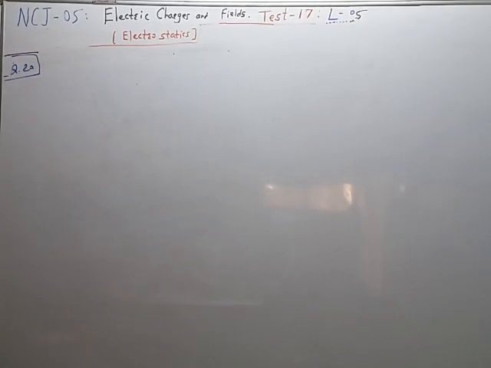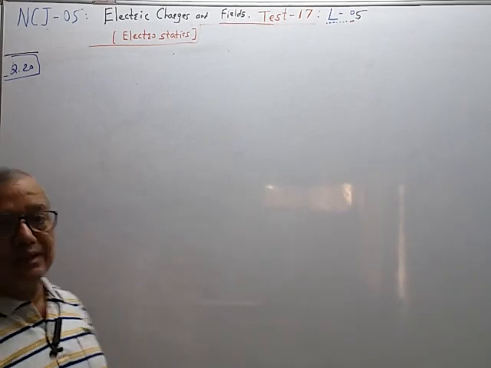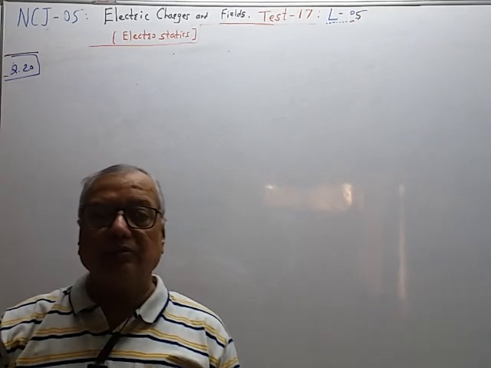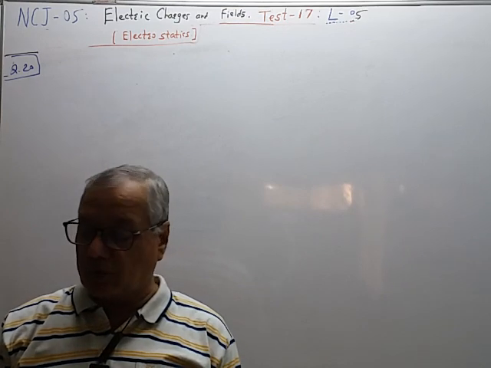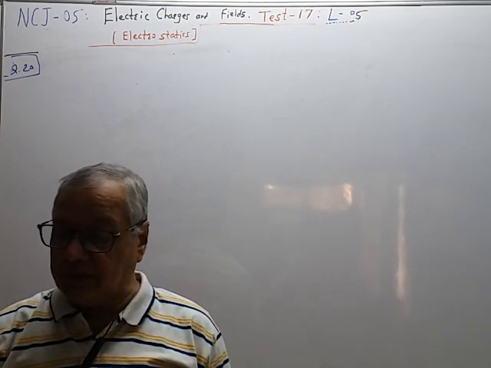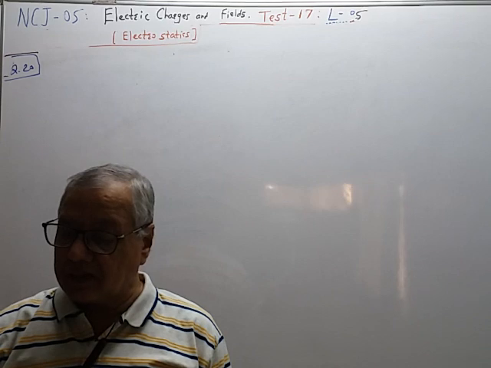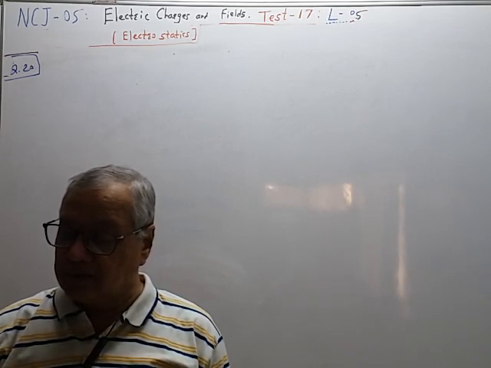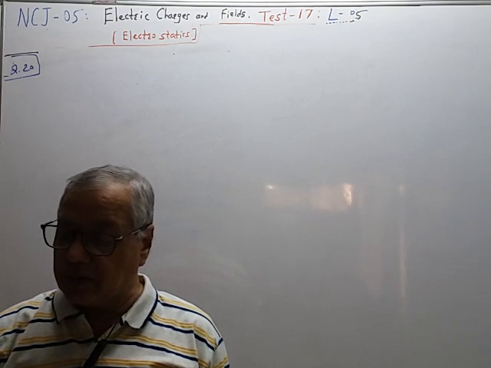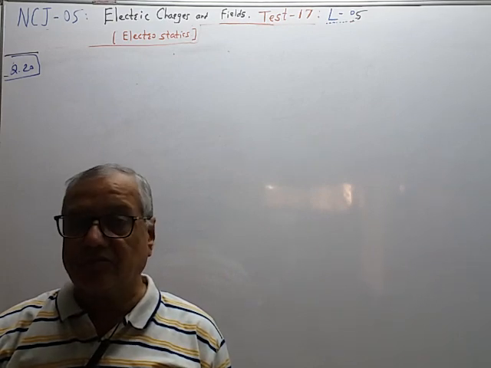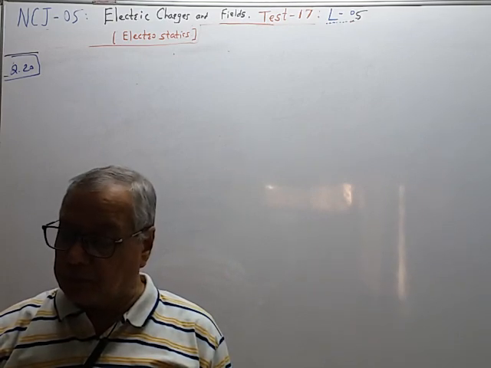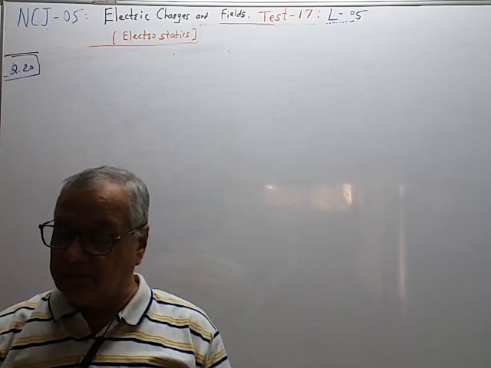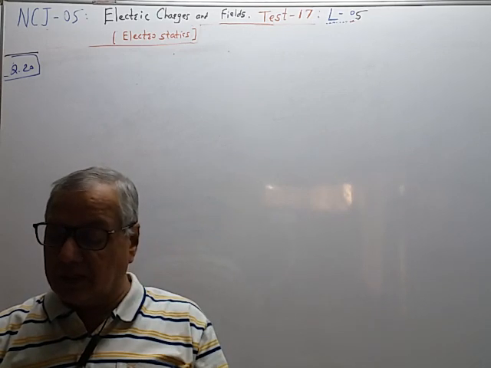Next, question number 20. Question number 19 we have seen along with question number 3. 3 and 19 both have the same property of geometrical progression. Now we will see 20. The two parallel large thin metal sheets have equal surface charge density sigma equal to 26.4 into 10 to the minus 12 coulomb per meter square, of opposite sign. The electric field between these sheets is.